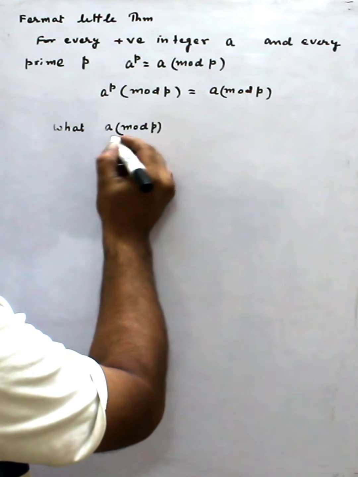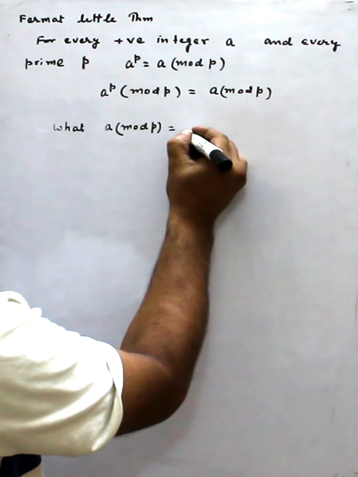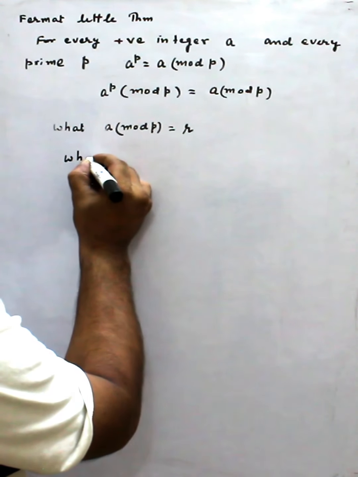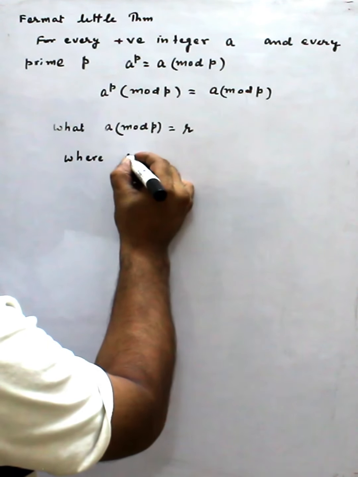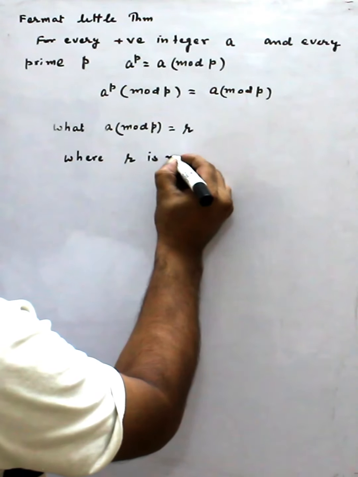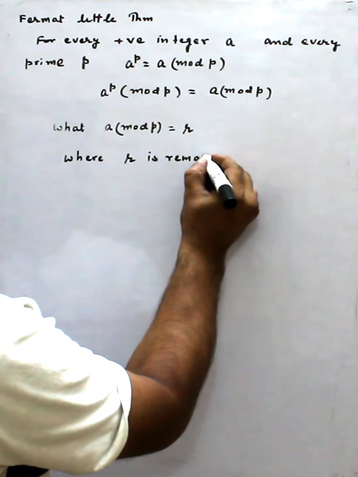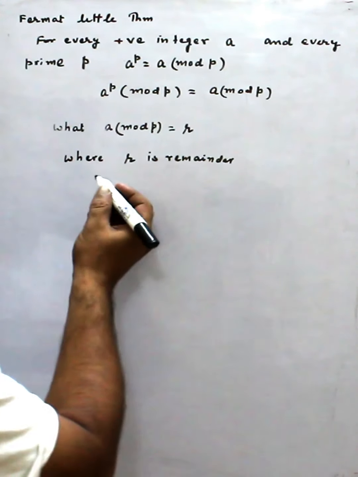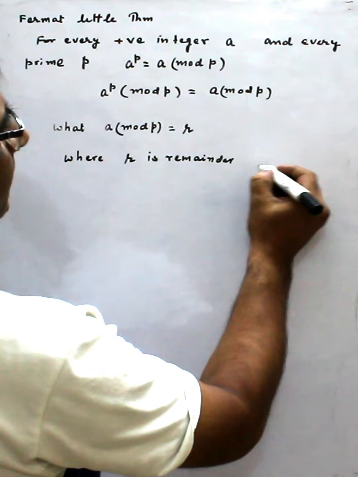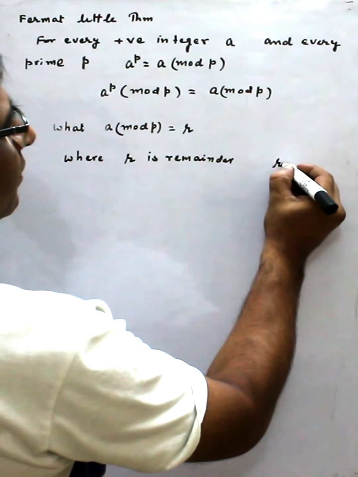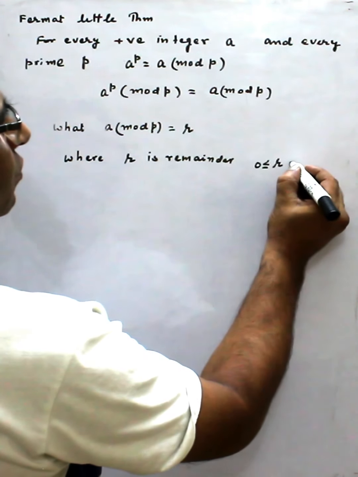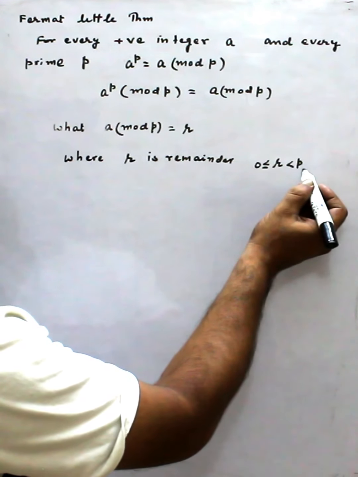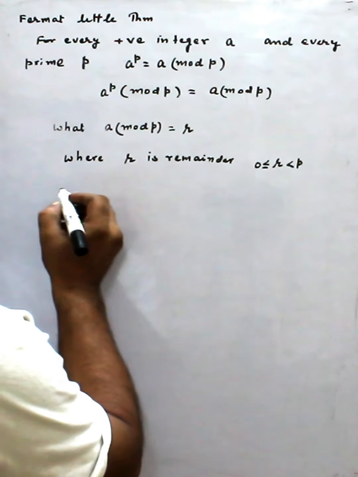This means the value of this is equal to r, where r is the remainder, and this remainder will lie between 0 to p. It can be 0, it can be p. For example,